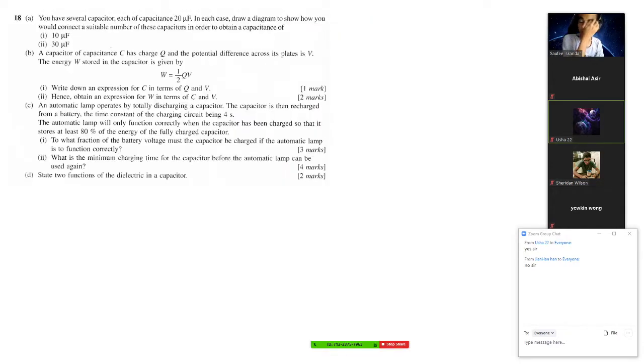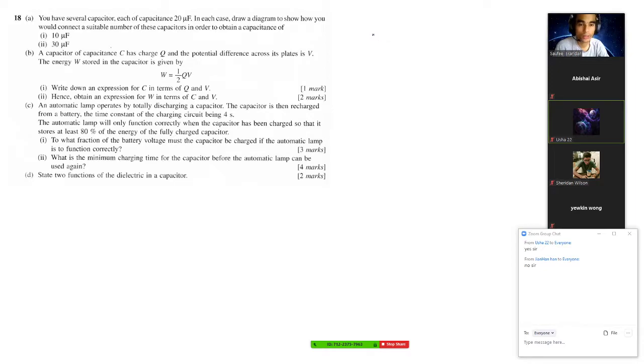Okay, question number 18. You have several capacitors. Each capacitor is 20 microfarad. In each case, draw a diagram to show how you will connect a suitable number of these capacitors in order to obtain the capacitance of 10 microfarad, 30 microfarad. Okay, so remember,